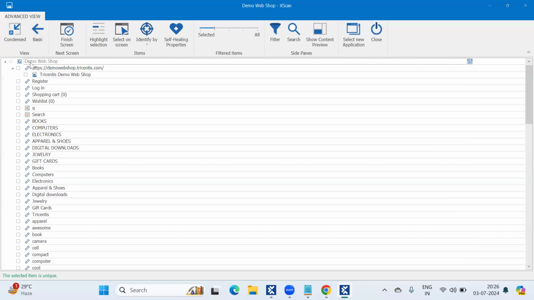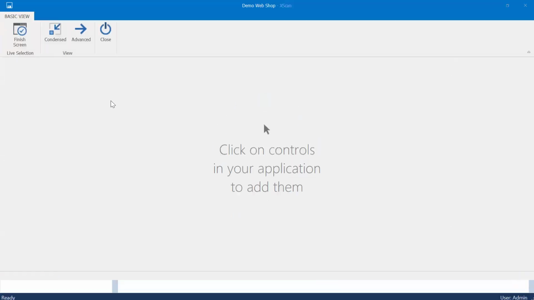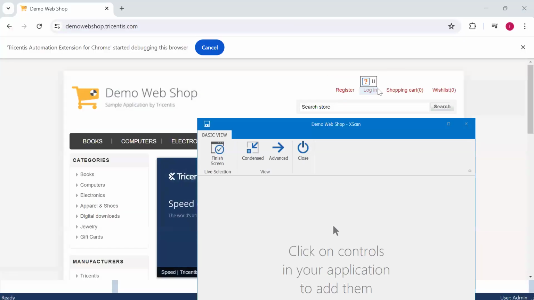If you are in basic view, see, it will be like this. You need to drag your XScan window like this, and you need to select the controls. No options will be shown for you here. You can only select the controls from here if you are in the basic view.